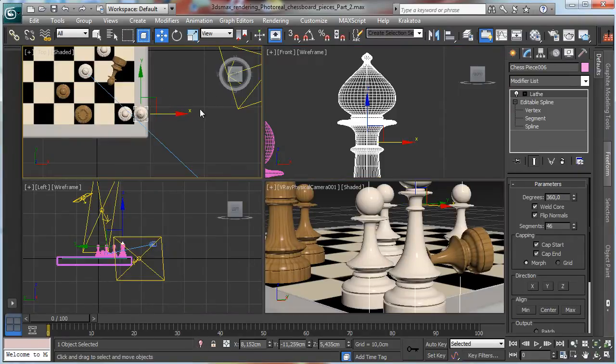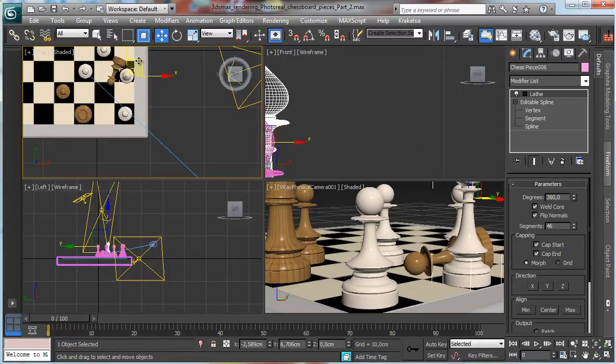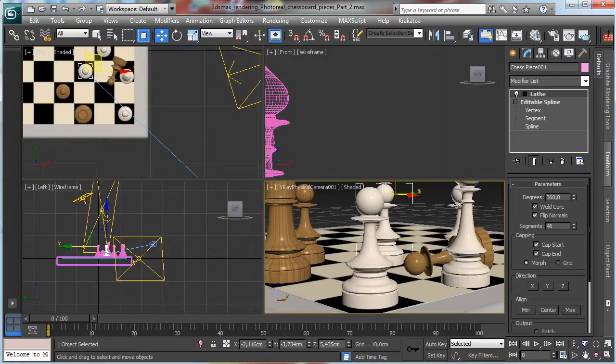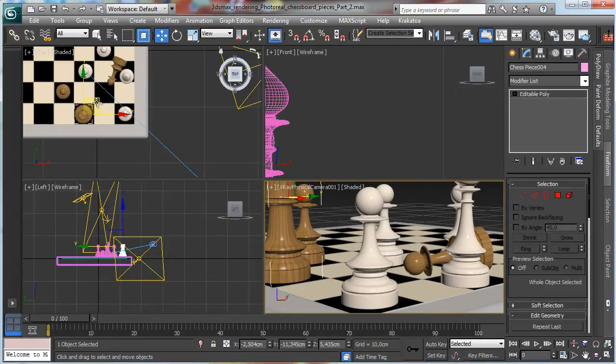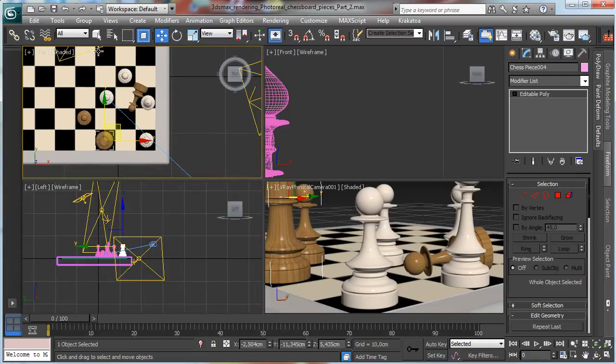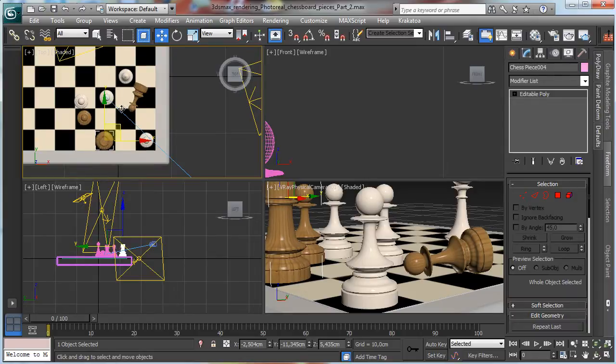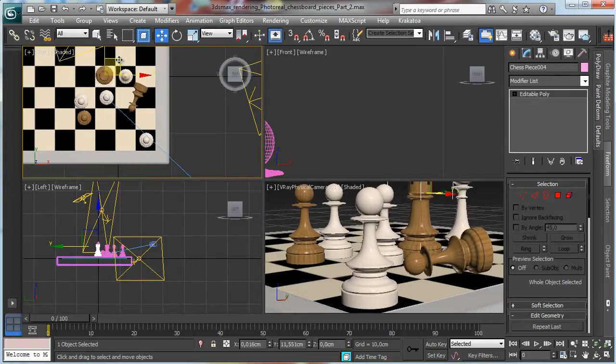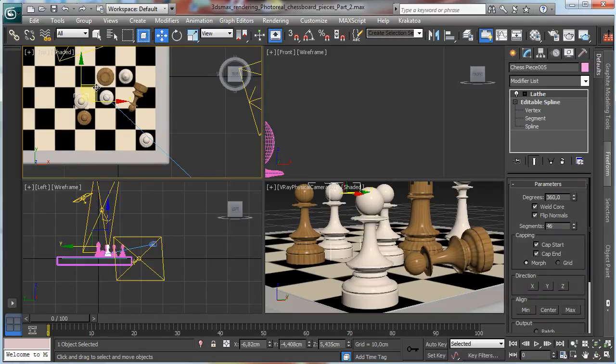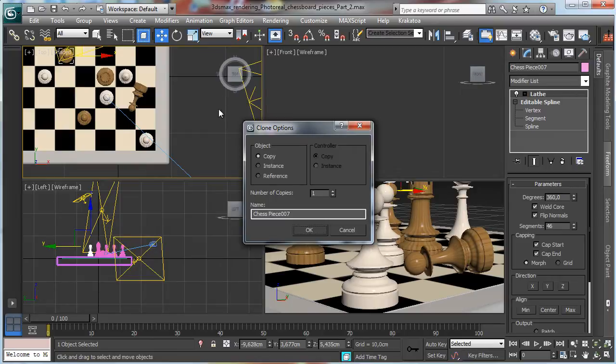So let's move this piece, let's say for example there, and maybe we can move this one. This one can be moved. Let's imagine to have this one moved. This one can go there. This one can go there. This one also, because we need to have other pieces obviously, so let's make a clone also there as an instance,